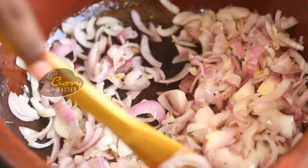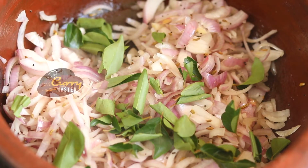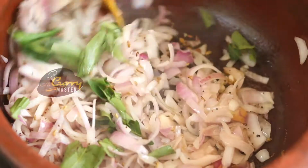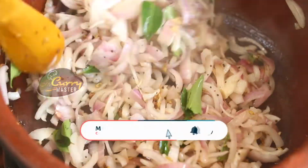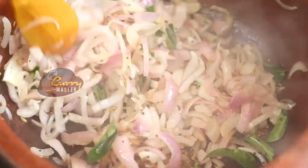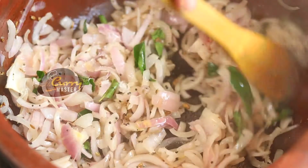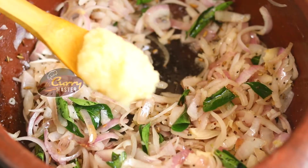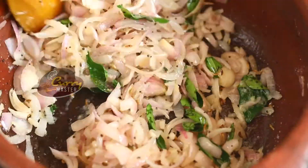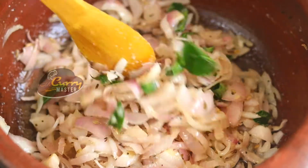allowed to cook the onion until golden brown, and curry leaves, adding a bit more oil, adding salt, now ginger and garlic paste, and now you're adding the tomatoes,